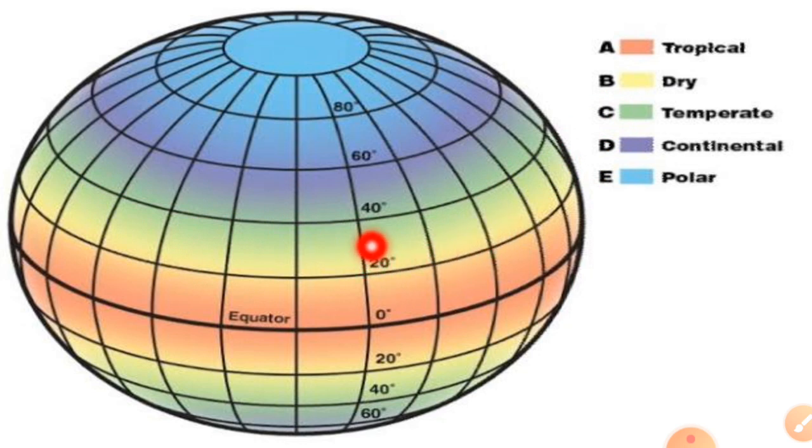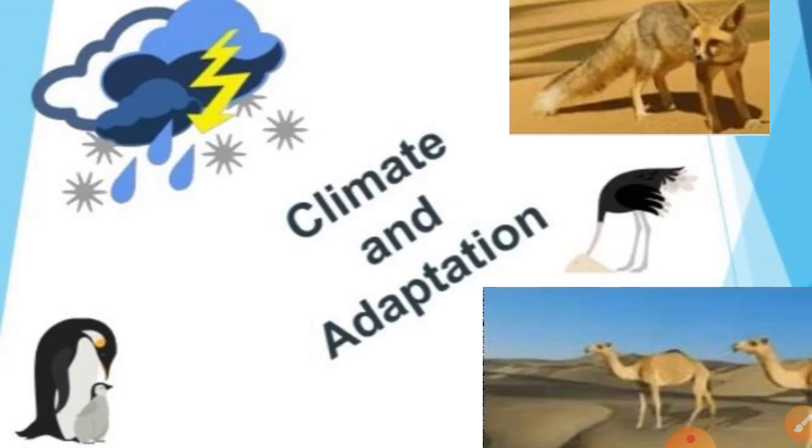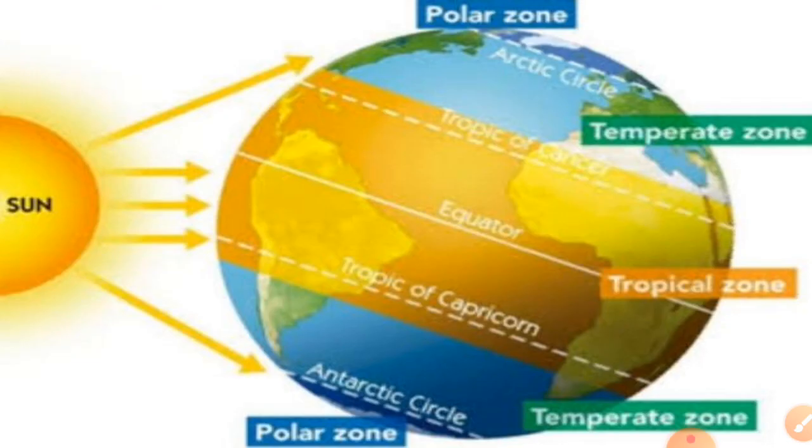When we go upward on the earth, it is cooler, and when we reach here, it is a polar region, it is very cold. Why are there different climates on the earth? You can understand by this picture. You can see here why this area is hot, warm, and this area is cold. Because you can see here the sun's rays are coming to this surface, because this surface is near to the sun.